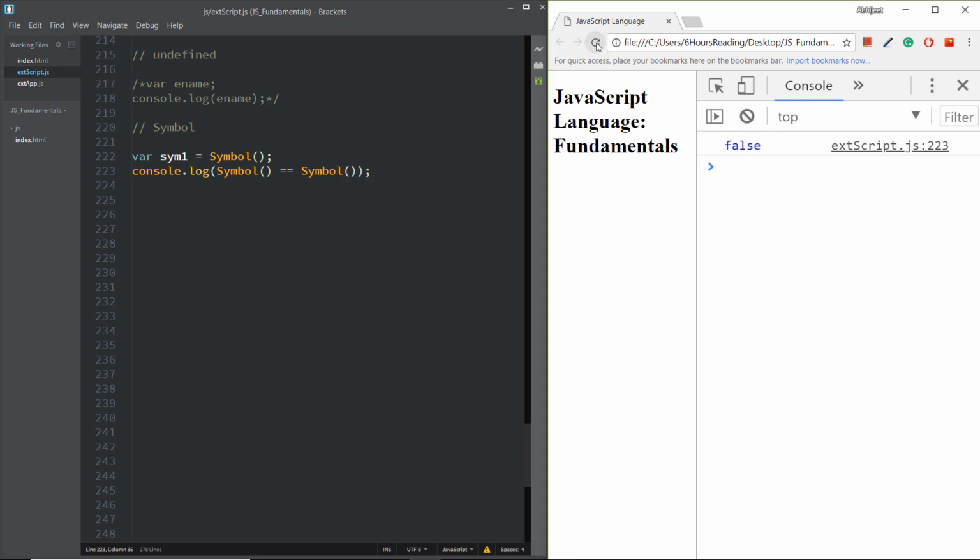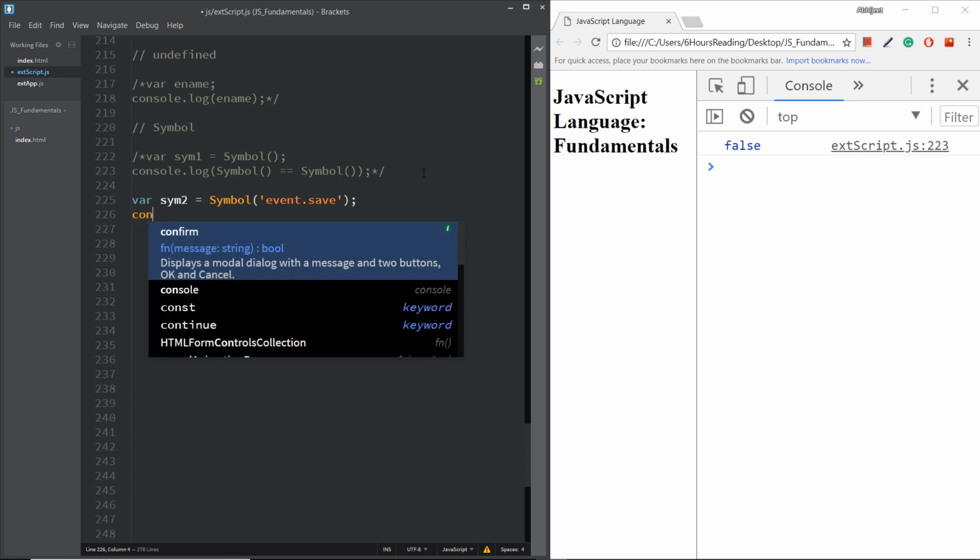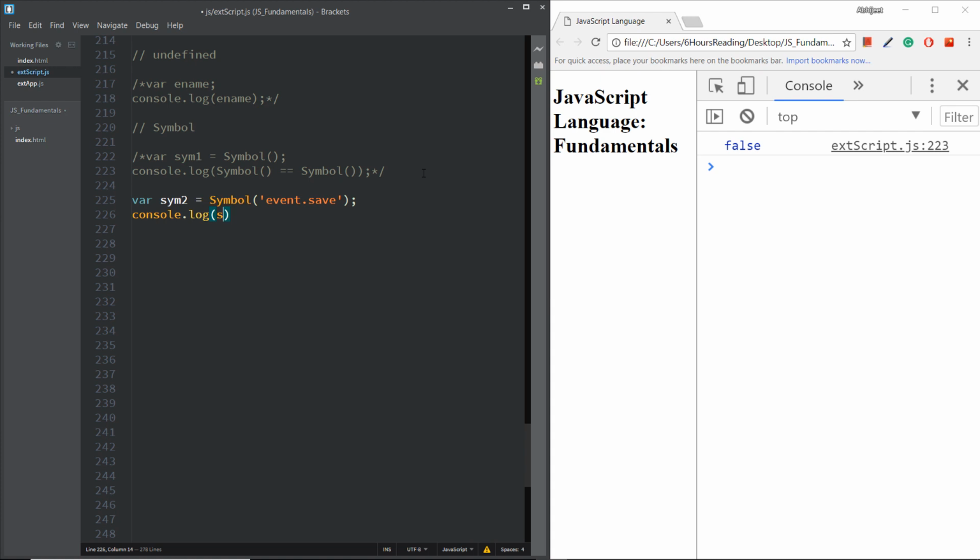Now reload the page. The generated output is false only since a new unique value got created every time. We can even pass a descriptive string to the symbol function for logging and debugging purposes. For instance, sim2 equals Symbol('event.save'). When we call the toString method on the symbol variable, it returns a more descriptive name, that is console.log of